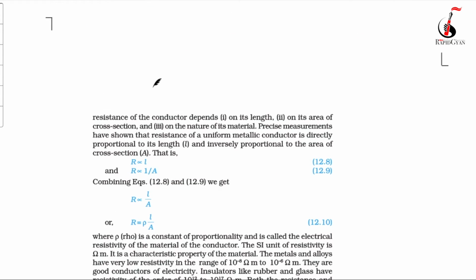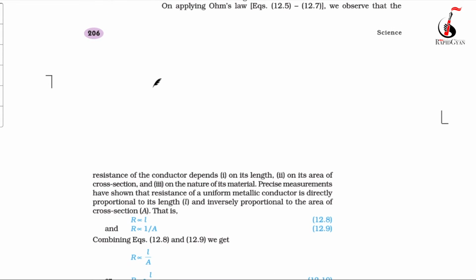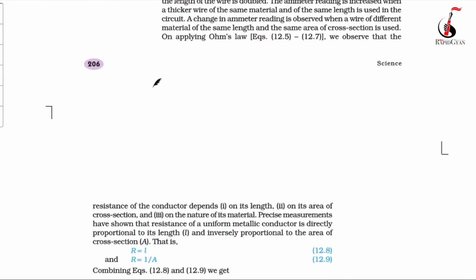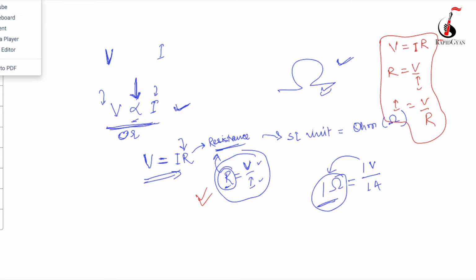Okay, so the major factors, apart from the temperature, you can also say the nature of the material. If it is a metal, that will have a very low resistance. If it is wood or any insulator, that will have very high resistance. But apart from material and temperature, so I've told you what are the factors on which it depends. One thing I've told you, the material.